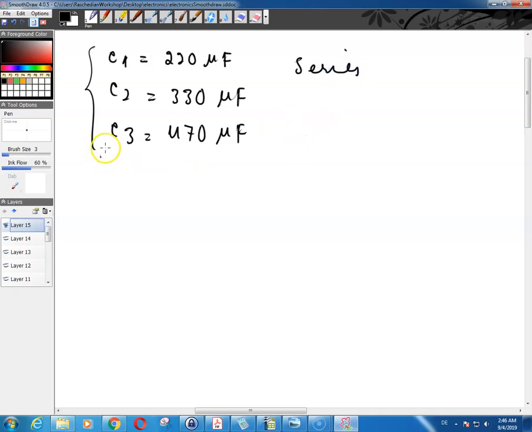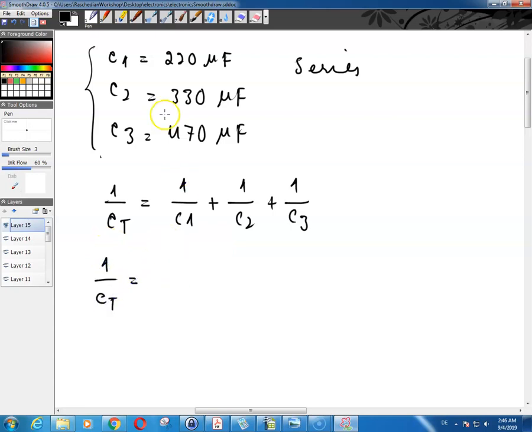Then you would have 1 over C of t is equal to 1 over C1 plus 1 over C2 plus 1 over C3. So 1 over C of t is equal to 1 over 220 plus 1 over 330 plus 1 over 470, all in microfarads. So then you need to somehow find the LCM of all of these numbers. To find the LCM, you can always use a calculator,